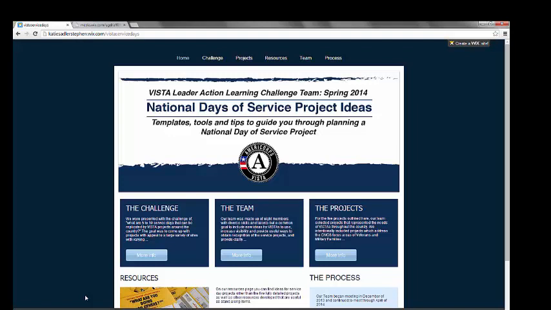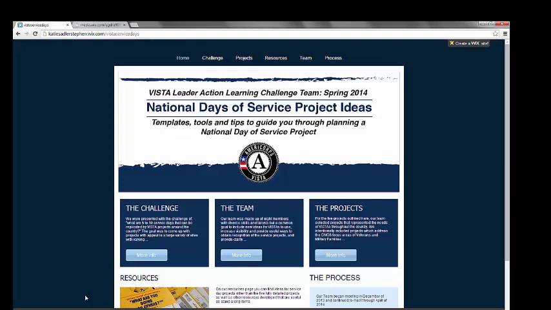Across the top of our website, you'll see a navigation bar. So there's a team page that shows pictures of us. There's a standard home page. We also have a page about the challenge, which talks a little bit about why we as a team felt committed to creating something to address the needs of service day project guides. We also have a page dedicated to the process of how we came up with our final document and website. We're not going to go through those today, but that's a Prezi-based timeline.